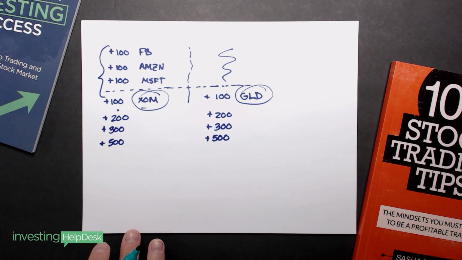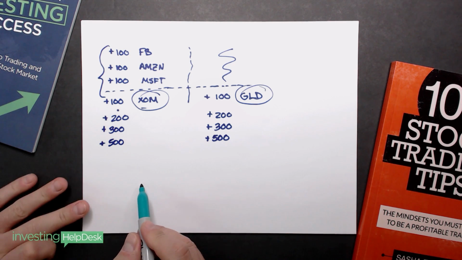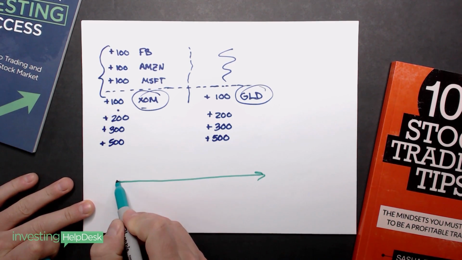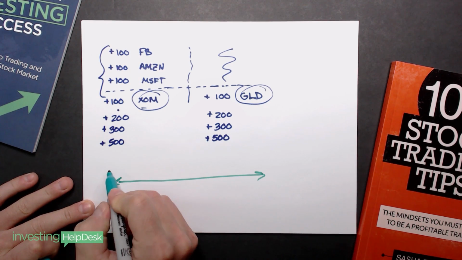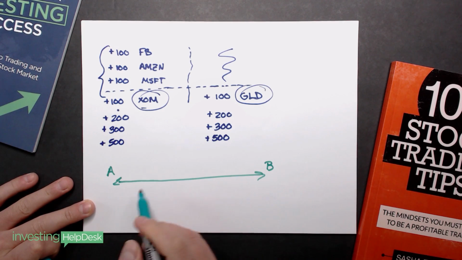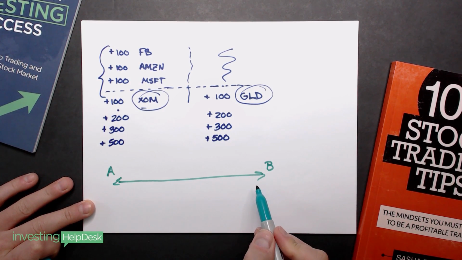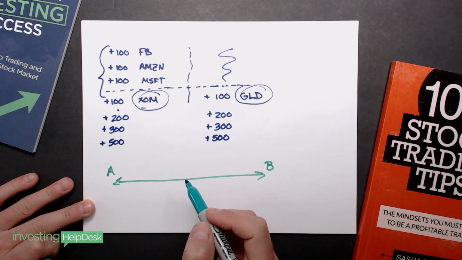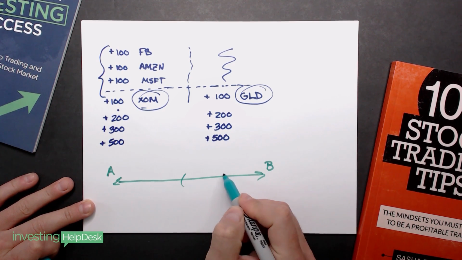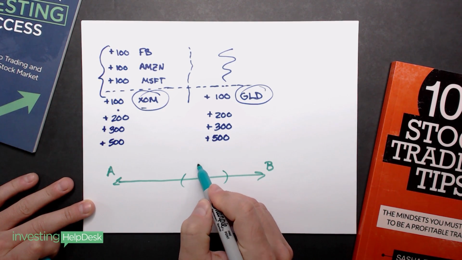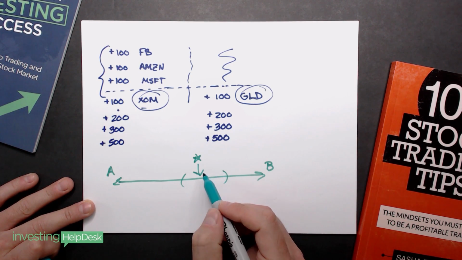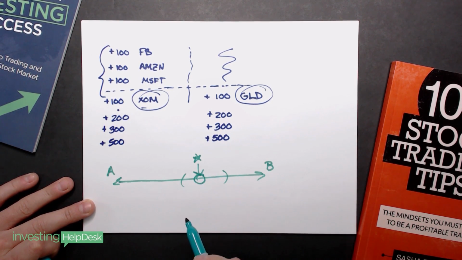Now, one of the great things about hedging is also looking at the time frame. So if we take a look at a time frame, you can simply do a hedge for a shorter time frame. So let's say this is time frame A and this is time frame B. And as time moves forward, you could do a hedge based on something that's happening in an event. So let's say something is going to happen over here, whether that's interest rates rise, earnings reports, something is going to happen in this time frame.